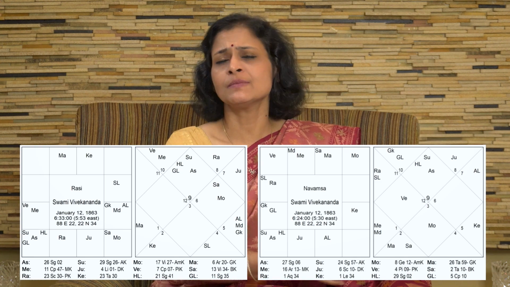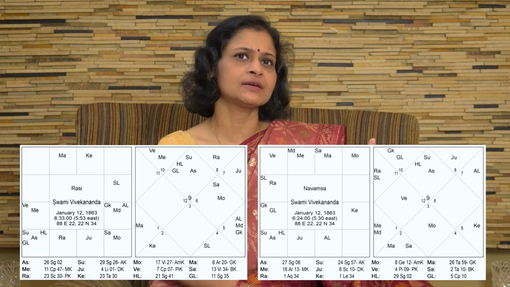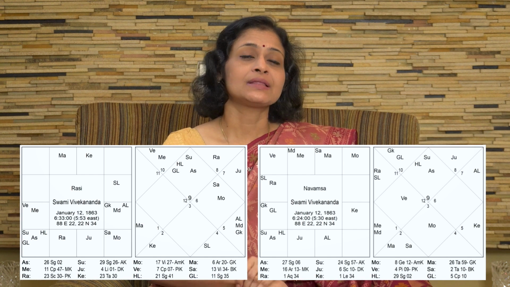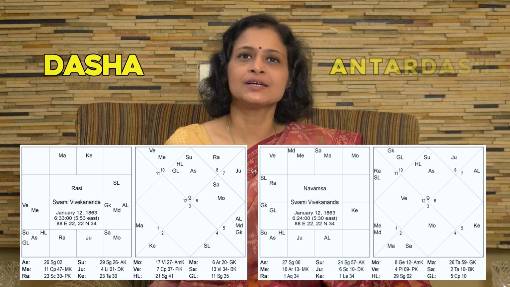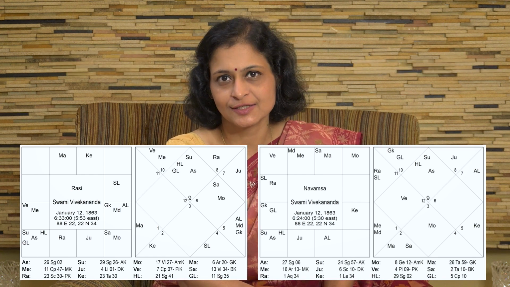It is very much applicable throughout the divisional charts, and then you place it in the D1 and see if it is placed in a good house according to D1. That planet, during its dasha, antardasha, gives excellent results. So, Venus, when I superimpose for